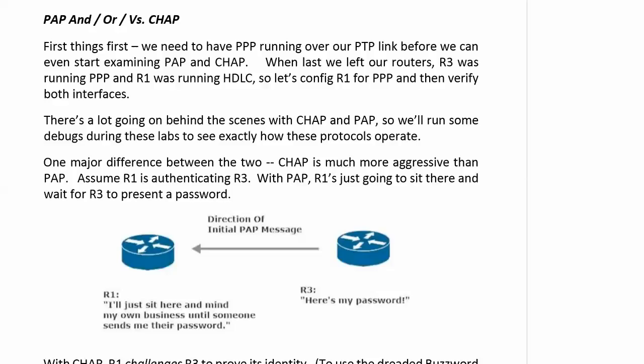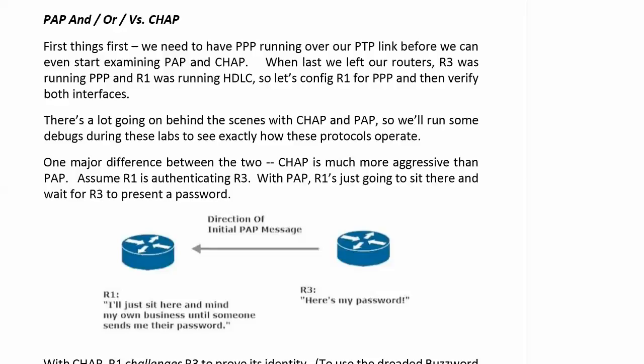Before we head back over to the routers and get our line protocol issues straightened out, just a couple of quick things here about PAP and CHAP and some differences between the two. One major difference is that CHAP is much more aggressive than PAP is. Let's assume that R1 is authenticating R3. With PAP, R1 is just sitting there. It's being very passive. PAP begins with PA, passive begins with PA. And it's just waiting for R3 to present a password. It's just sitting there whistling and hanging out, and R3 just says, hey, here's my password, I'd like to